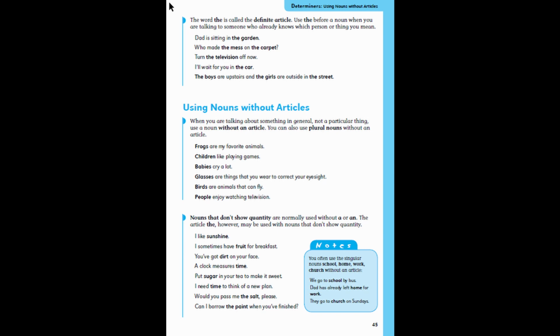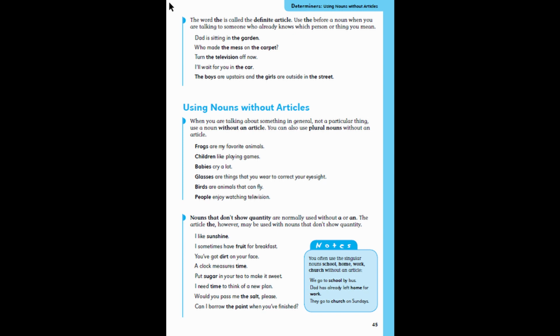Now, this might be a little bit difficult to understand, but once you look at the examples, it'll make a lot more sense. So, frogs are my favorite animals. Children like playing games. Babies cry a lot. Glasses are things that you wear to correct your eyesight. Birds are animals that can fly. People enjoy watching television. Now, all of these sentences have something in common, which is that we're not talking about